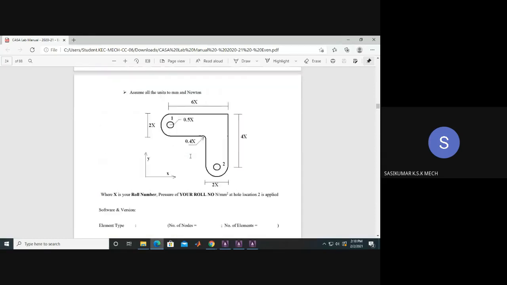Okay, so like this. Here the left end, end one, is fixed or arrested, and end two is loaded with some pressure. So here the values of this bracket can be varied by introducing your roll number. For example, if it is 6x in the sense,